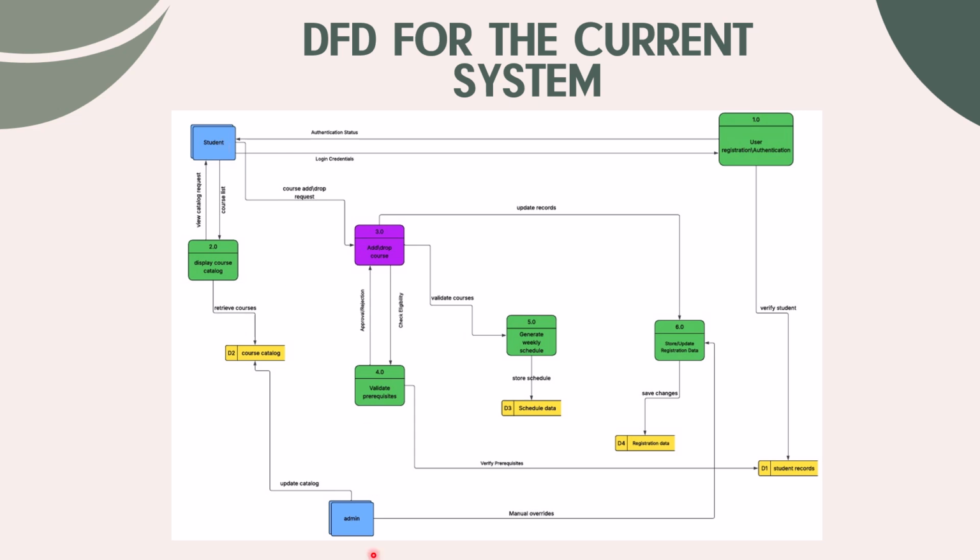First, you've got the external entities colored in blue. You've got the student who initiates the learning process, and you've got the admin who manages and maintains the system. After that, you've got the processes, which are colored in green except for the add and drop course process. We've highlighted it in purple because it's the most significant process and the main process we are going to talk about